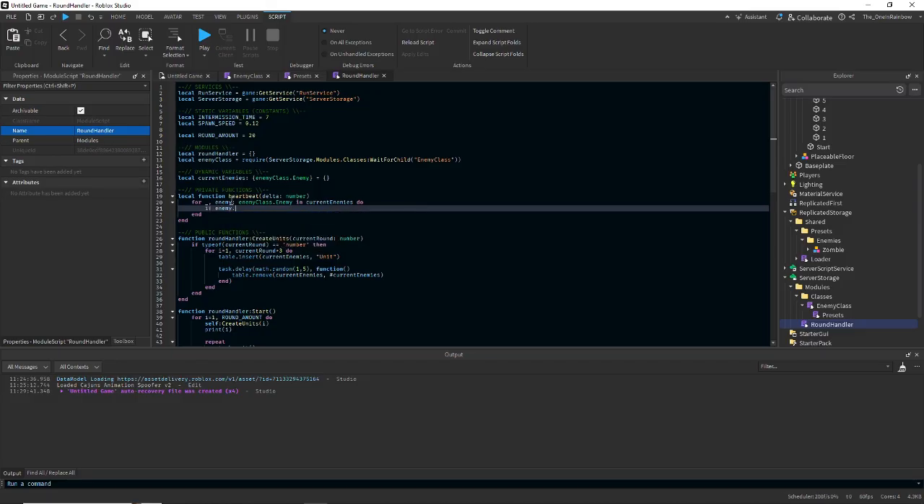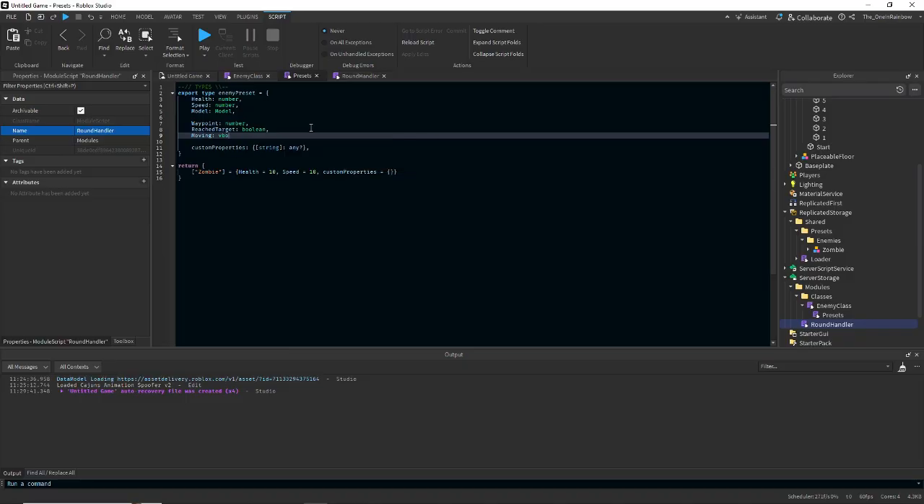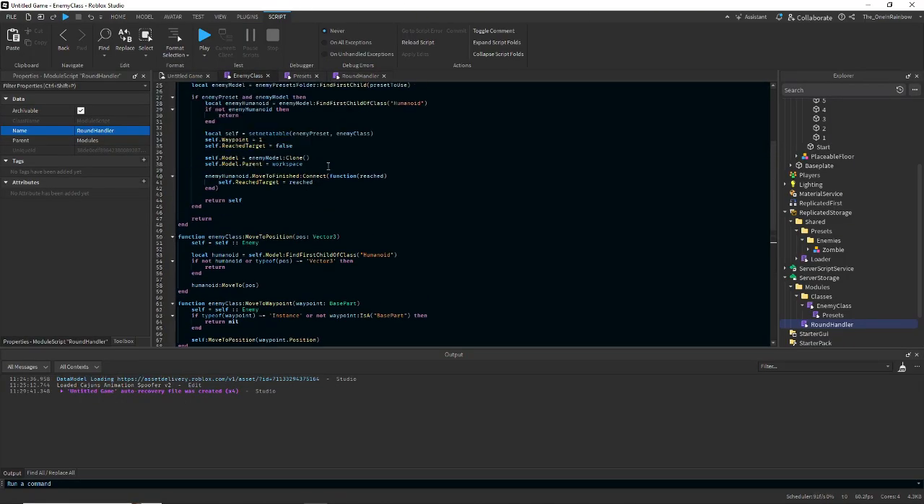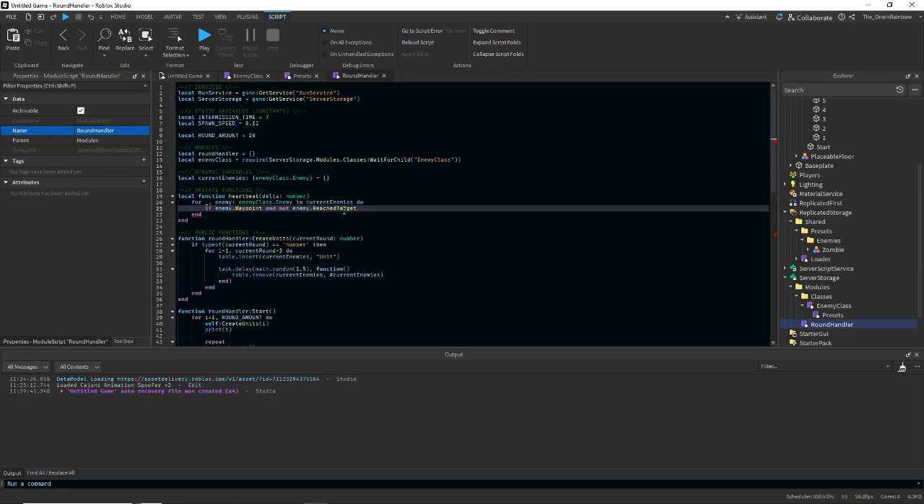if enemy dot waypoint and not enemy dot reach target. Let's add one more boolean, which is going to be moving, which is another boolean. So there we go. And we're going to do self dot moving equals false, and not self dot moving. Then,